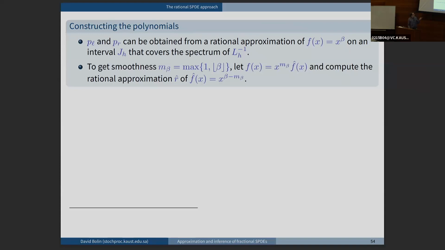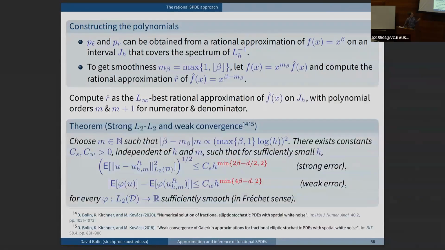Okay, so if this is how we compute the coefficients, and if you compute this rational approximation in the L infinity best way, which can, for instance, be done using the so-called Remez algorithm, then we can get explicit rates of convergence for strong errors of the difference between the true generalized Whittle-Matérn field and this rational approximation. And you can also get explicit convergence rates for the weak error,